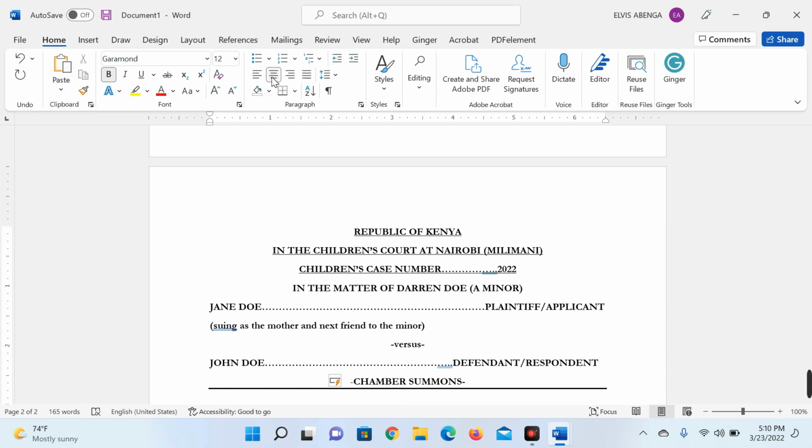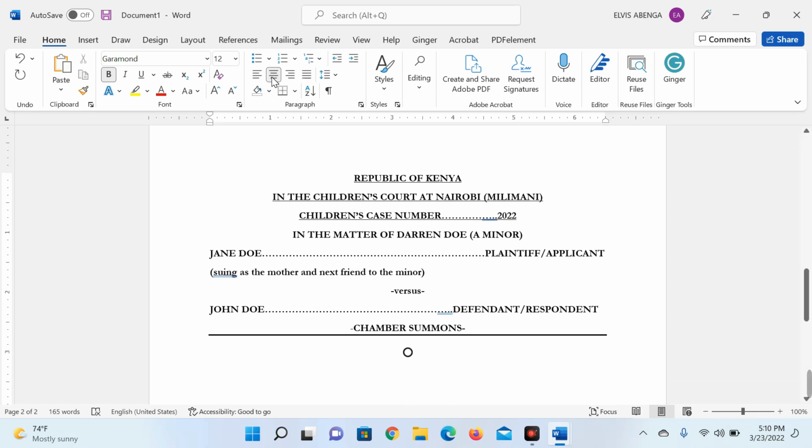So once this is done, the next thing I need to put is some law in it. Now you might ask, where do I get this law from? This law is the Children's Act, it's the Constitution. So I will just put a few provisions. If you have somewhere to write, you can write them down. They're usually the common provisions that are used in children matters in Kenya. So the first is the Constitution. So I'll say